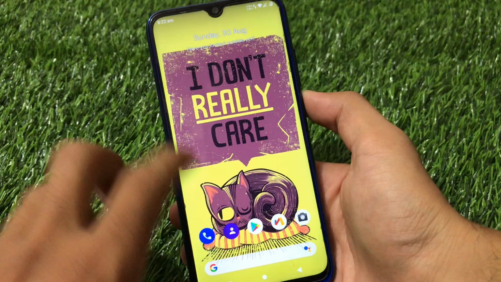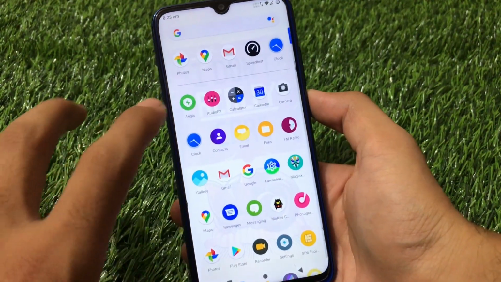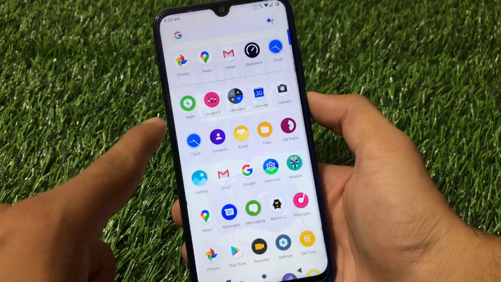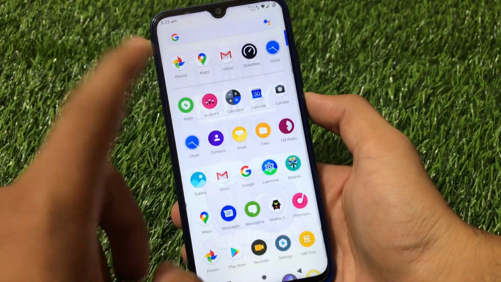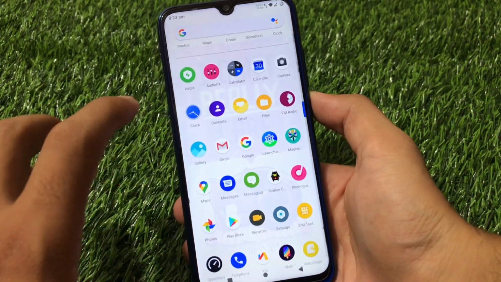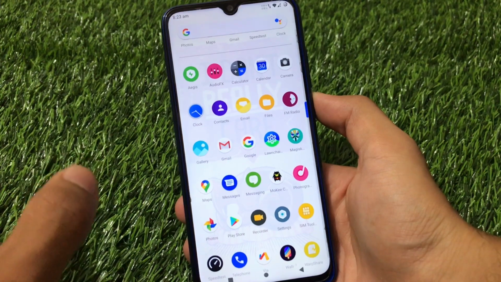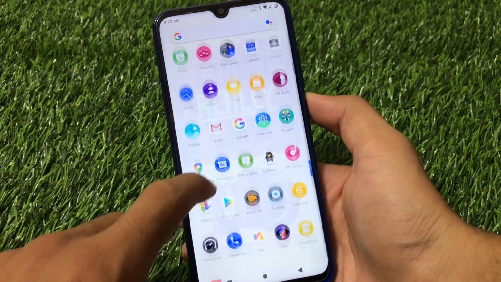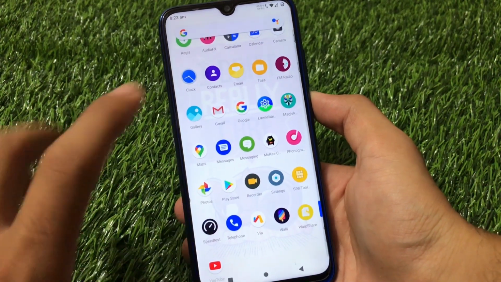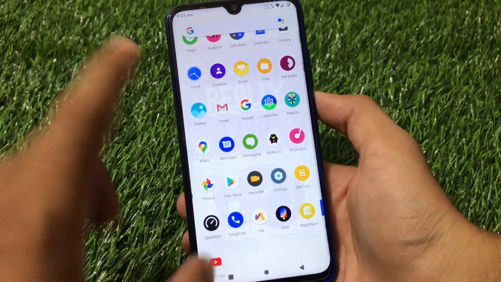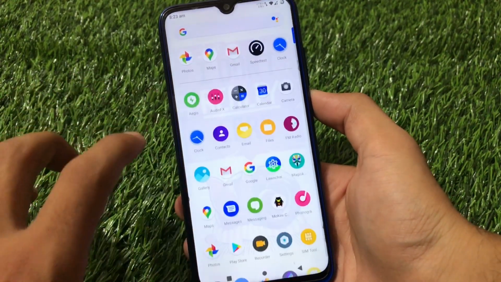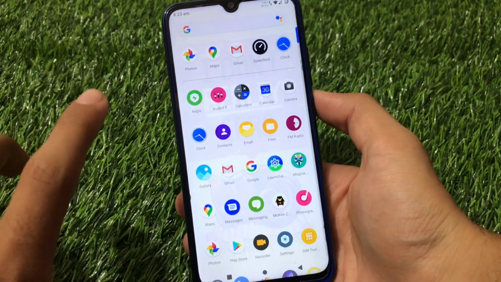You get these kind of icons pre-installed like Aegis, Audio Effects, and it has some great kind of apps pre-installed. Which are those apps? Let me show you. First of all, this Aegis, Audio Effects, and this is a new camera, new file manager, and has the gallery which has some great features. I'll show you all these features also. We have the Moki Center, we have the Phonograph which is kind of a music player, the recorder option, settings has a little bit of different options. We also have the WAP share option, and these kind of options you get pre-installed in Moki OS custom ROM, which is kind of a great thing.